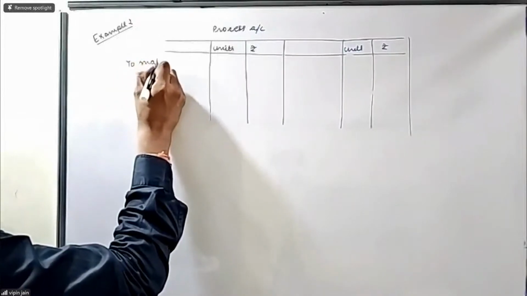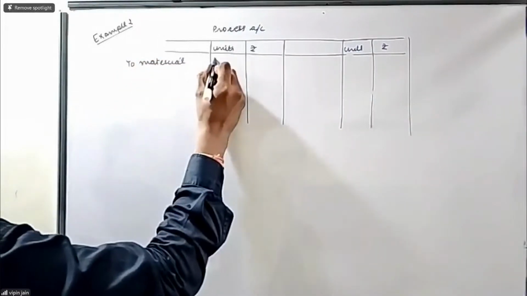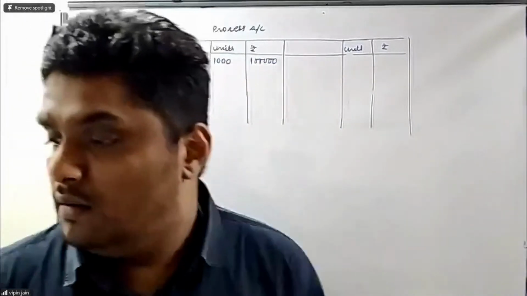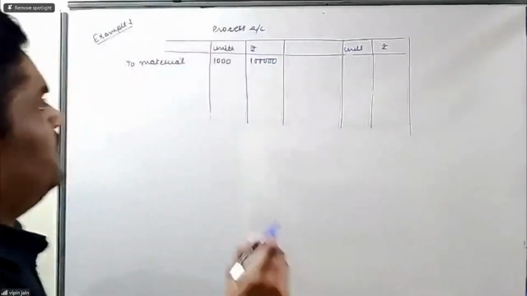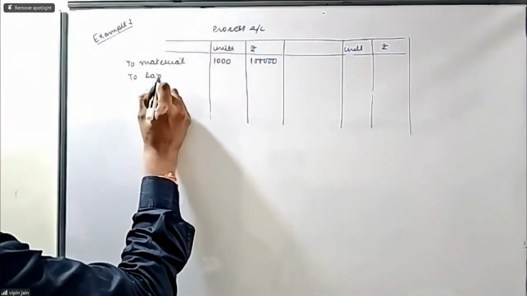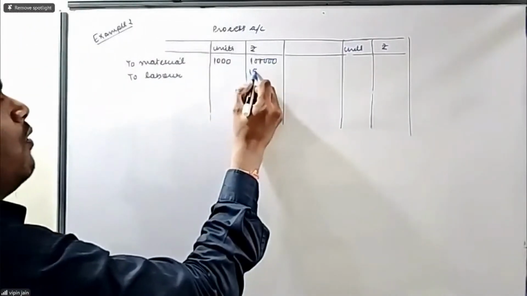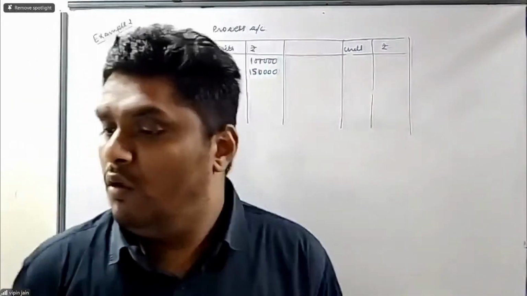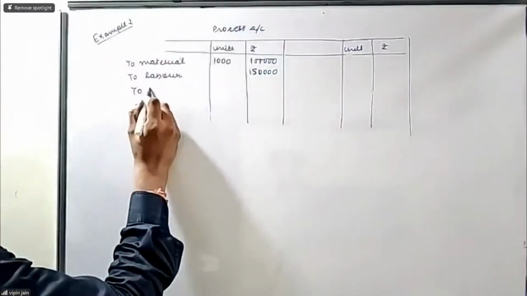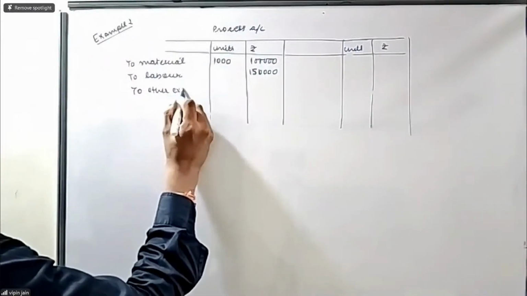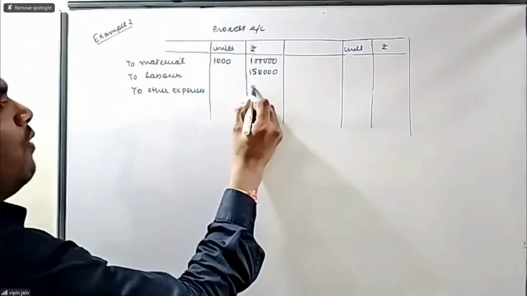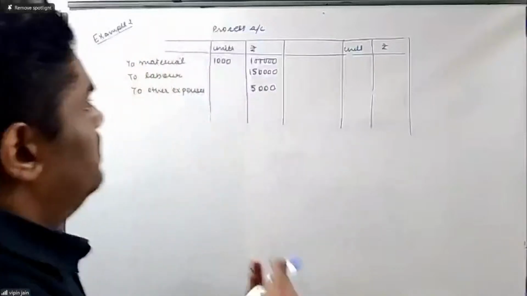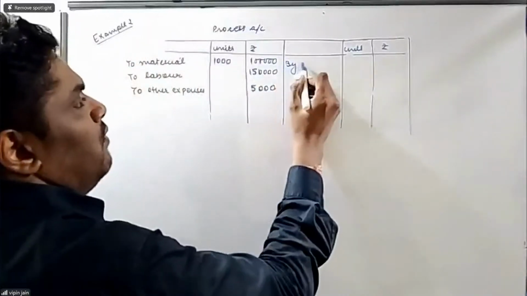So two material, 1000 units at the rate rupees 1 lakh. Labor cost is 1,50,000. Other expenses are 50,000. That's it. Now by normal loss,